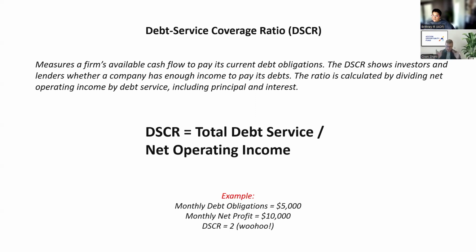Basically, this is a little bit fancy terminology. It's essentially measuring how much profit you're generating, how much surplus cash you've generated after you've paid all of your expenses, and then comparing that against all of your minimum monthly debt payment requirements, right? And then essentially this equation is asking how many times are you able, through your profits, to pay your minimum monthly debt payments with those net profits? So the calculation here, we'll go over an example, is total debt service divided by net